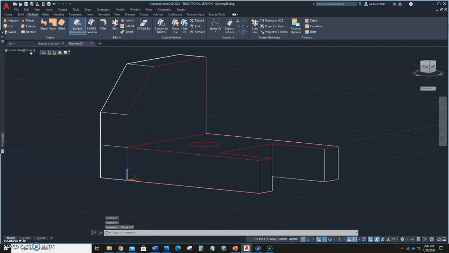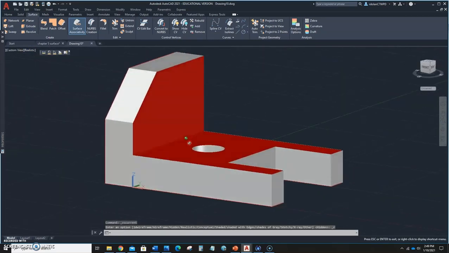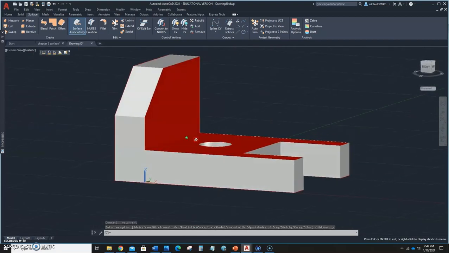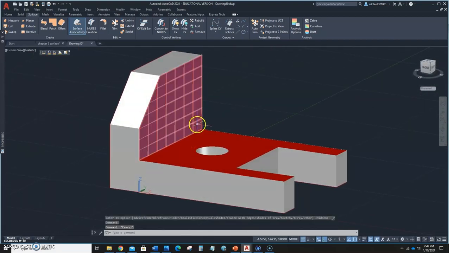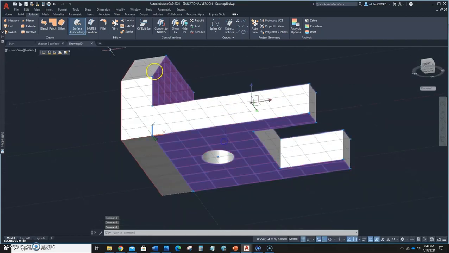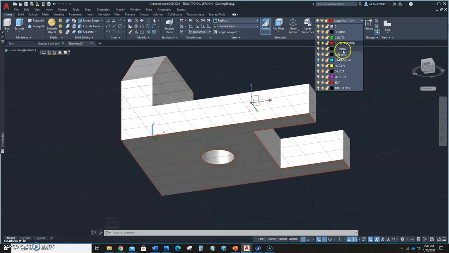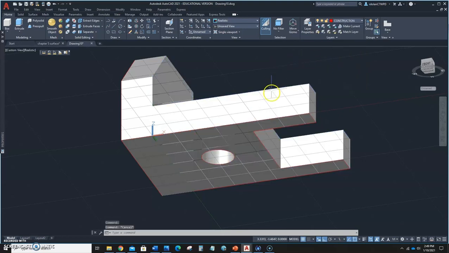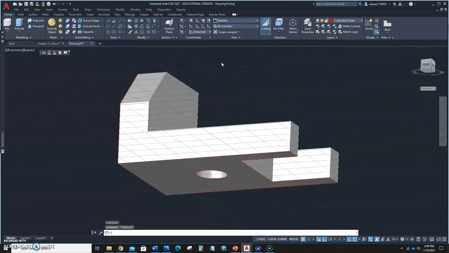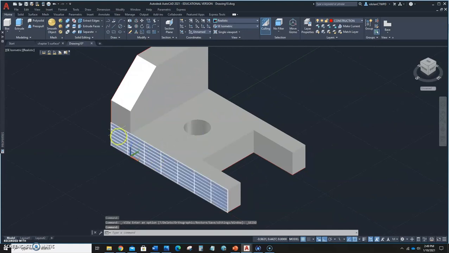Okay, again, if I go to maybe realistic, you'll see that I've got the realistic part here now. The problem is, again, I didn't change my layer, so I need to change this one, and this one, and I need to change that to the object layer. Okay, let's go back to our southeast isometric view. Now what we need to do is union these two together so this is one part